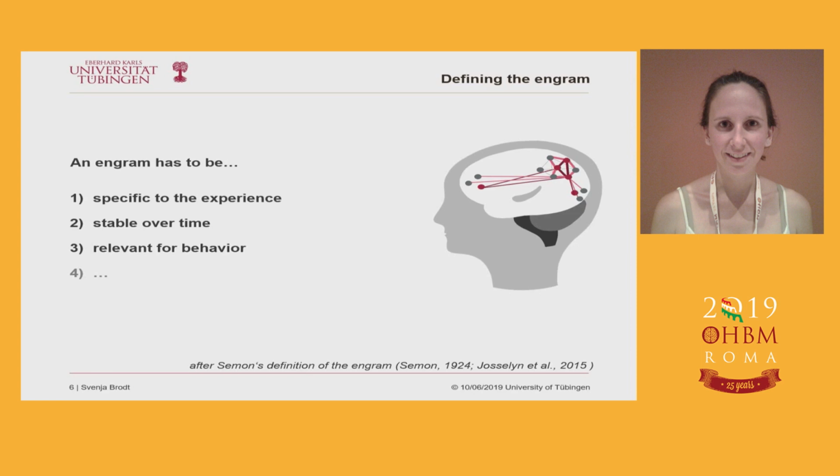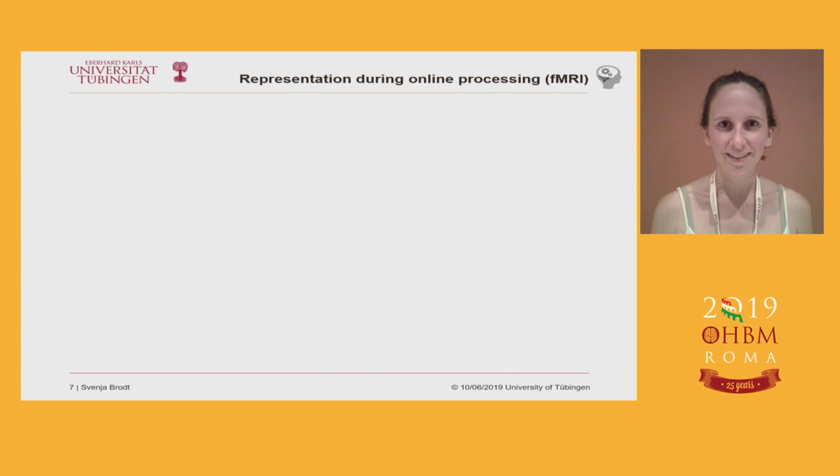Accordingly, a memory trace or an engram has to be specific to the learning experience. It has to be stable over time, and it also has to be observable on a behavioral level. There's more to this definition, but I will come to that in a second. These first three criteria we can actually investigate quite nicely by means of fMRI,